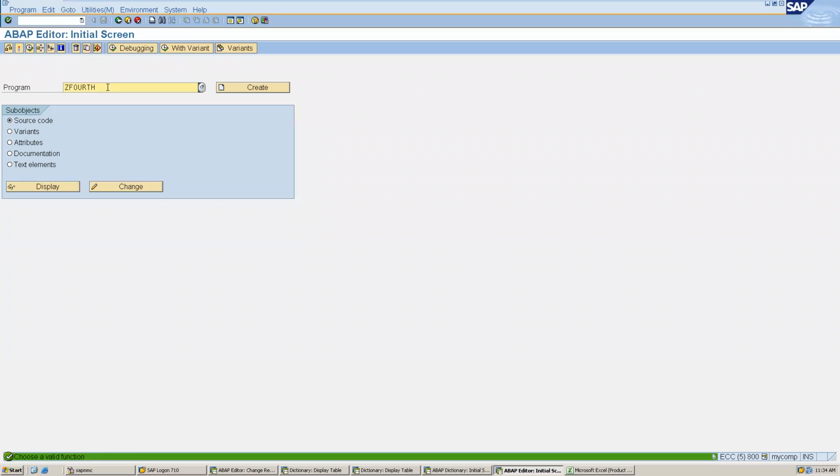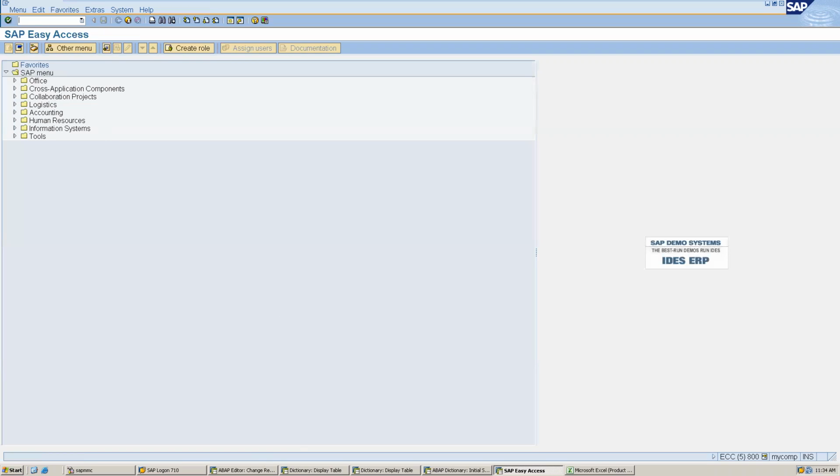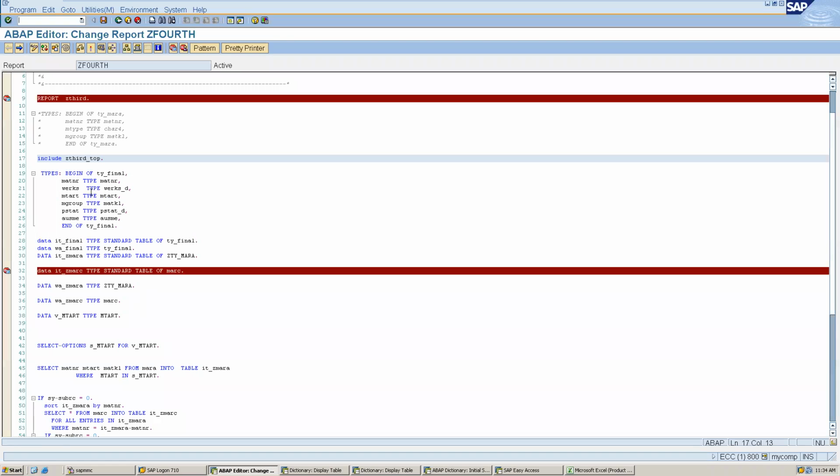Excuse me, Abhishek, while activating, in the activate screen they ask for two objects, REPS and REPT. What is that? When you press the activate button, one pop-up window comes and you have selected two objects. One is this report and another is that include.